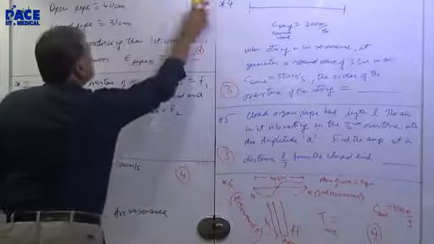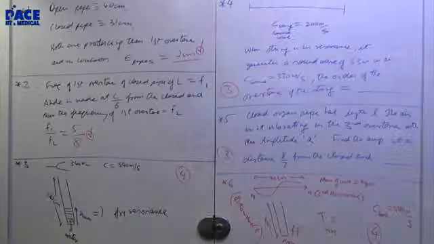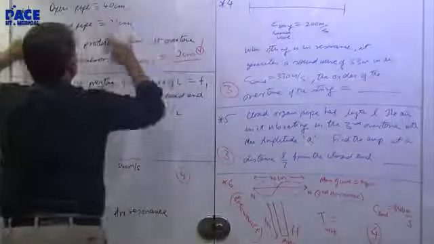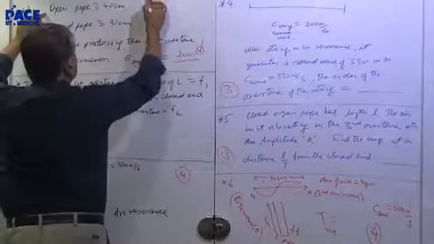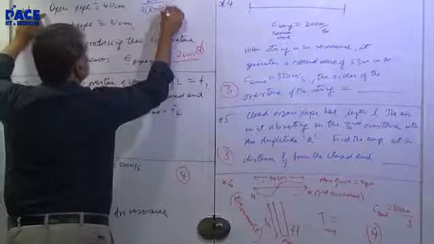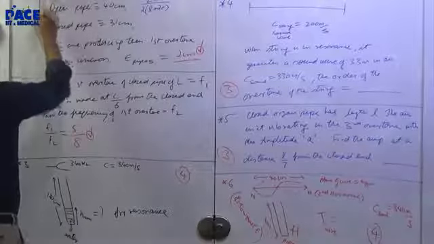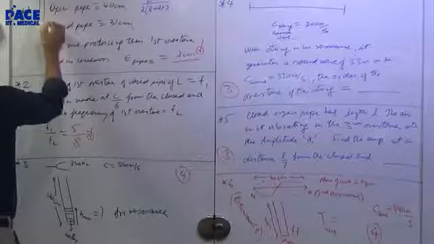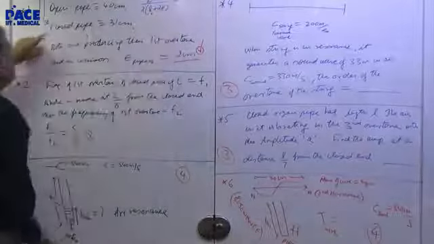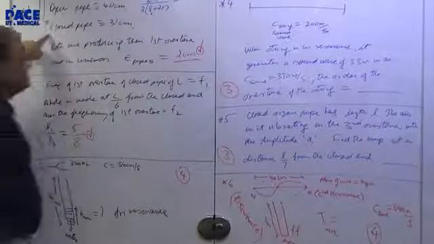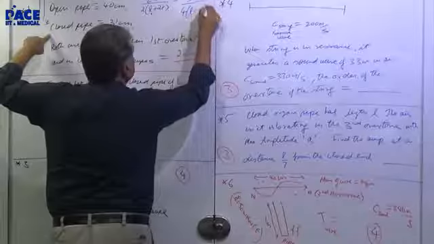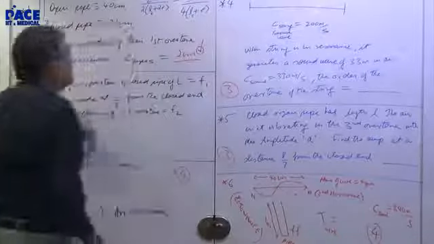They have the same diameter, so they will have the same end correction. Both are producing their first overtone. For an open pipe, what is the frequency of the first overtone? It is 2C by 2L, but the L will be L plus 2 epsilon, because for an open pipe you will have an end correction on both sides of the length of the open pipe. And what is the first overtone of the closed pipe? It is 3C by 4L, where this L is L plus epsilon, the length of the closed pipe. That is the substitution.